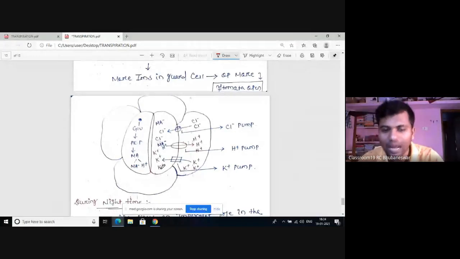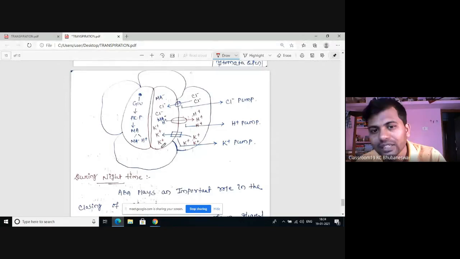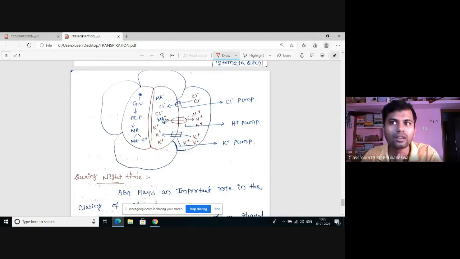Look at now. First we discuss how the stomata close during the night time. In the night time, one hormone known as abscisic acid comes into play. In presence of the hormone abscisic acid, the permeability of the guard cell membrane changes. So the K plus from the guard cell now enters into the subsidiary cell. The chlorine from the guard cell now also enters into the subsidiary cell. So the OP of the guard cell decreases. So water comes to the subsidiary cell, and the stomata remain closed.